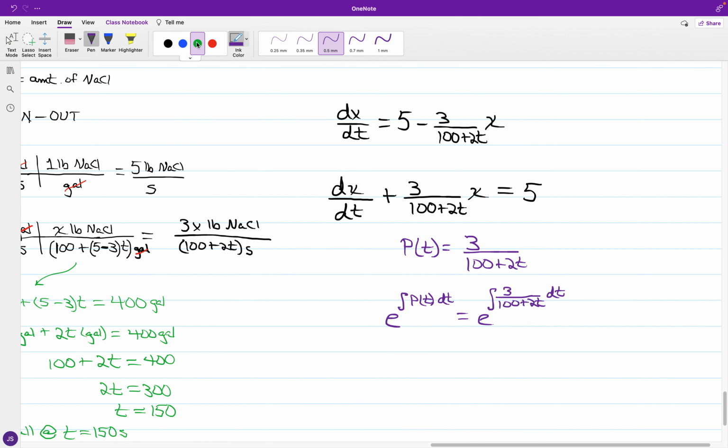And if I integrate 3 over 100 plus 2t dt, what I'm going to do here is factor out the 3 from the top, 2 from the denominator, and say that I have 3 halves of the integral of dt over 50 plus t